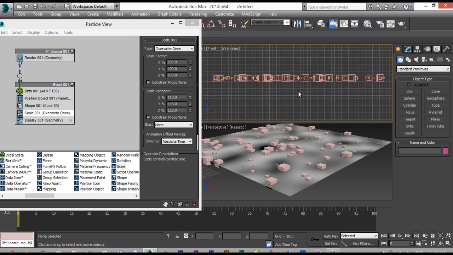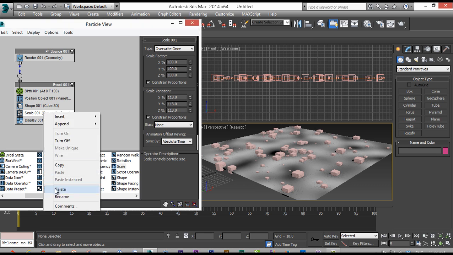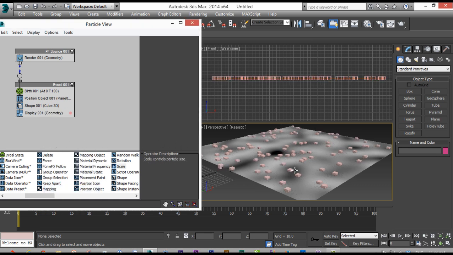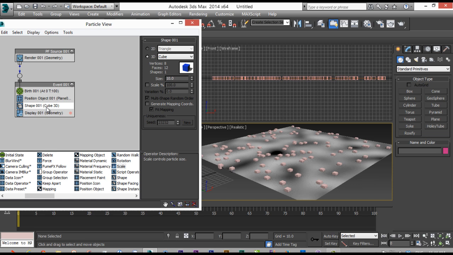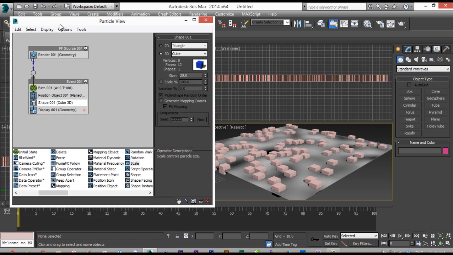In this tutorial I want to show you how to align them based on the Z component, so they are all aligned at the bottom. So how to do this? Delete this one and begin the work. Okay, I make the size 20 to have it bigger so I can see them easier, and I'm working with